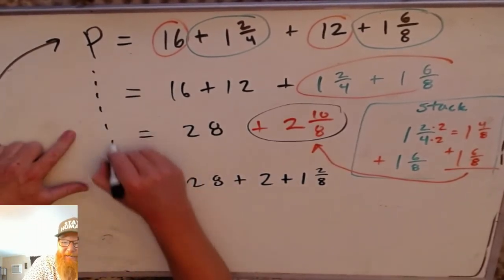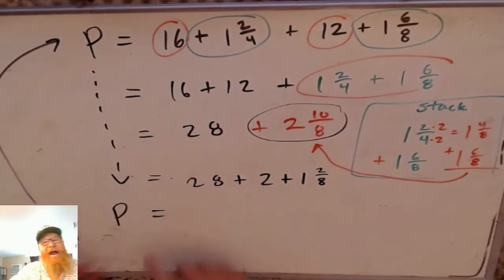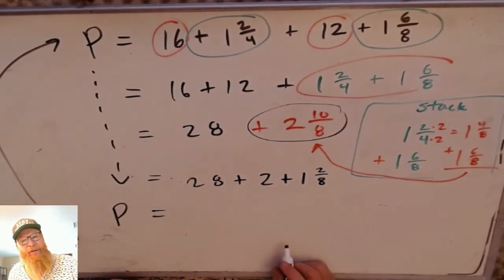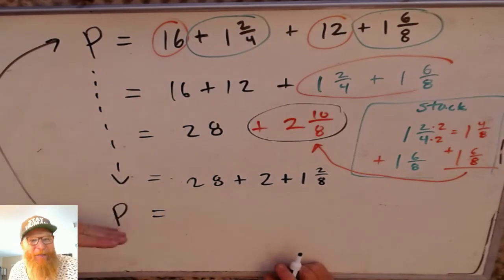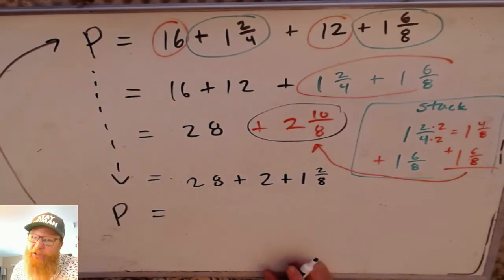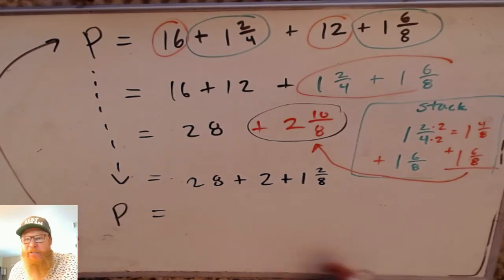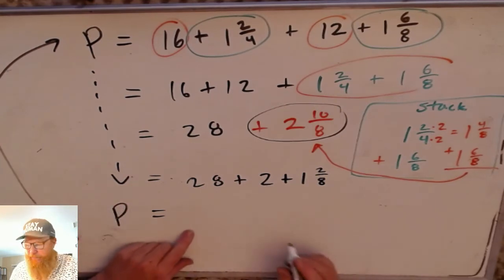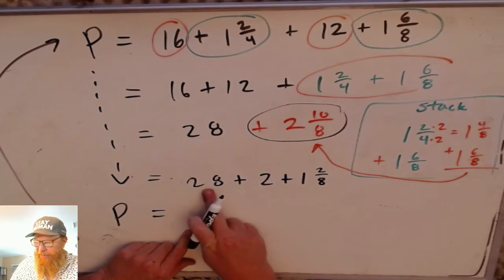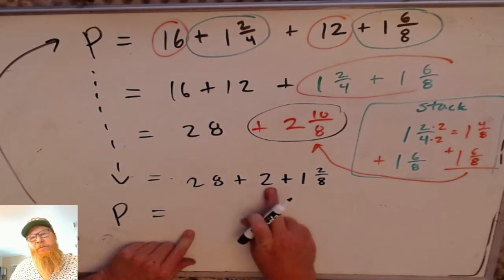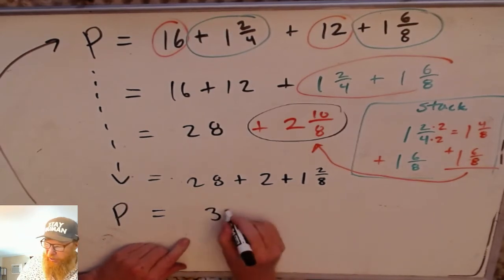Notice I'm not doing anything with the P. The P is just reminding me that I'm doing the perimeter. You could actually just leave that part off for now, but I'm trying to show good form, which is hanging on to what you're doing. Especially with a long problem, it's easy to get lost. So you're going to have 28 plus 2 plus another 1. That's going to be 31